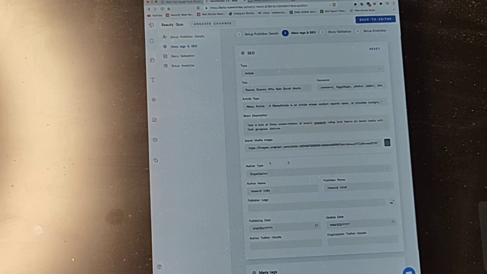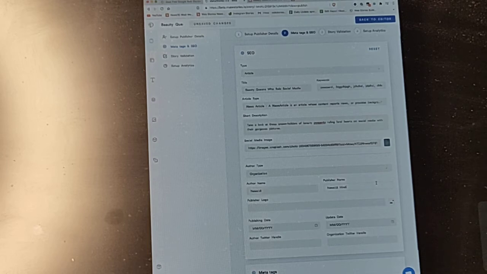After that, it is asking author type. In author type there are two options, person and organization. We are always going to select organization. Then name of the channel, News 18.